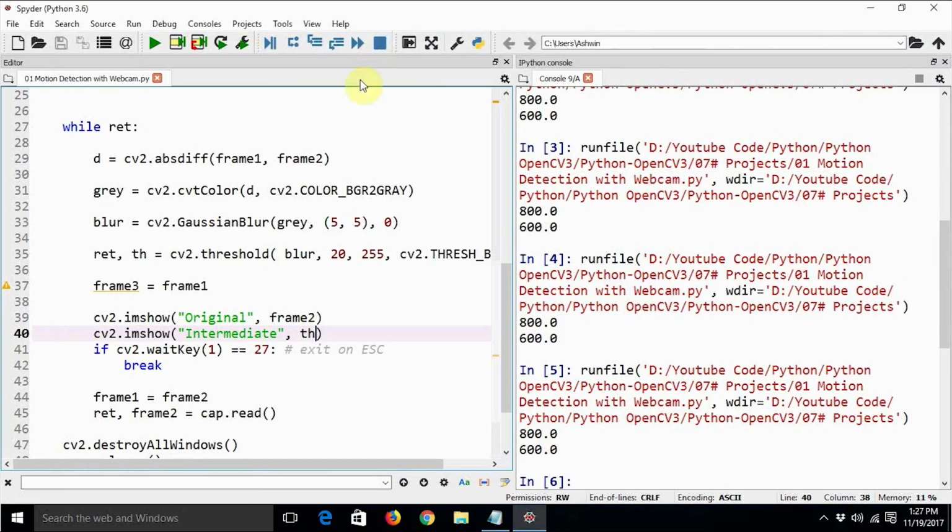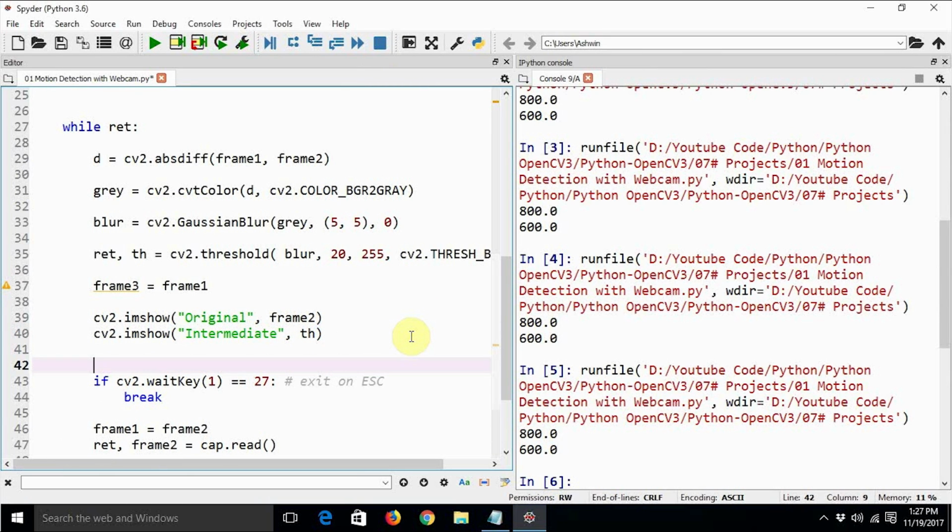Once we are done with this intermediate output, we can use a couple of morphological transformations, like dilation. In order to find the dilated image, we need to use cv2.dilate. So dilated equals cv2.dilate, with the thresholded image th, and the kernel should be np.ones of 3,3.